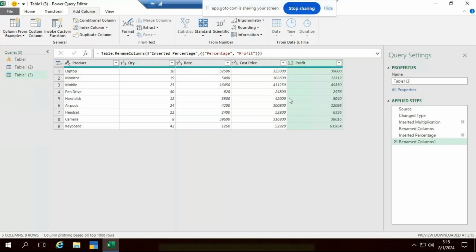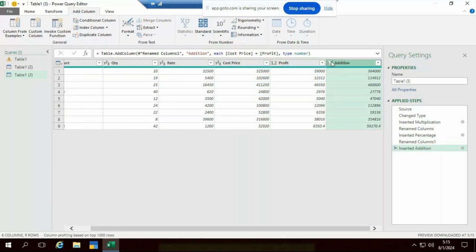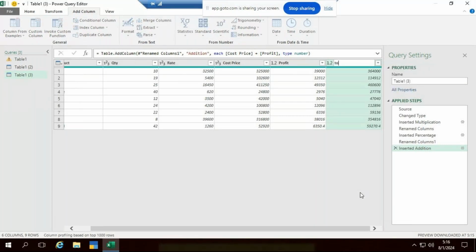Fine. So next, how will we get the selling price? Cost price plus profit. So I'll select cost price plus profit. I'll click on the standard. You have the option here, add. Just click on this, you'll get the addition. So instead of addition, right click here, rename as a total